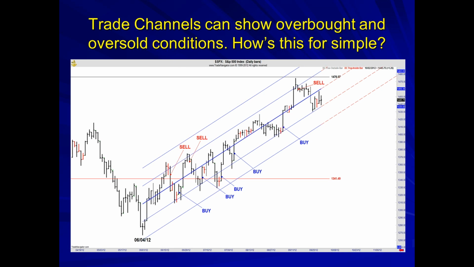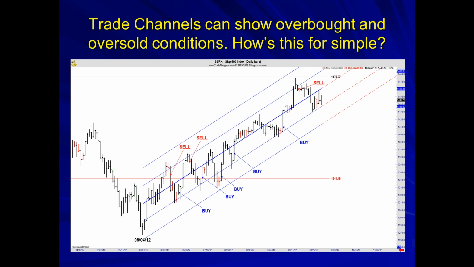The thicker blue line in the center is the median, and then the first blue line above it is 1 standard deviation, and the second line above it is 2 standard deviations. And you can see how this market has just hugged the median and just kept working away and working away. And we're looking at an angle, so